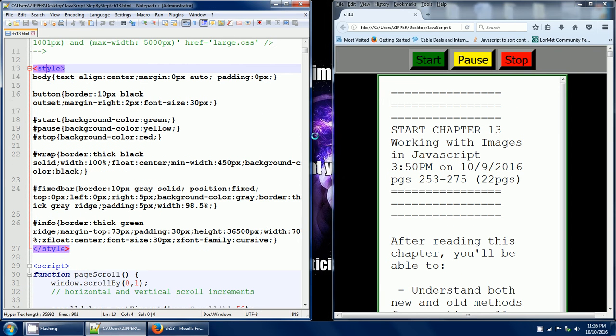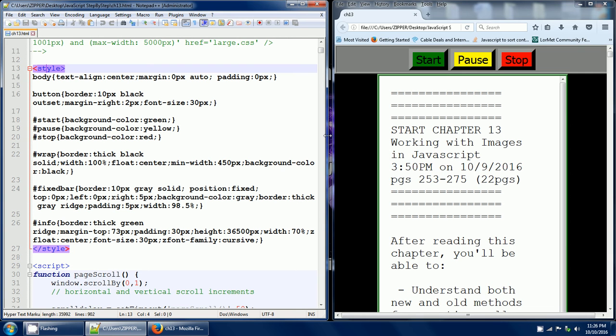Okay, so let me go over some more of the code. The body, this is in the style, this is styling. The body has text align of center, margin of 0 pixels, auto, and padding of 0 pixels. Then I have a style for any button element. Border of 10 pixels, black outset. That's this border around each of these buttons. Outset gives it this lighter color at the top and a darker color at the bottom to give it this